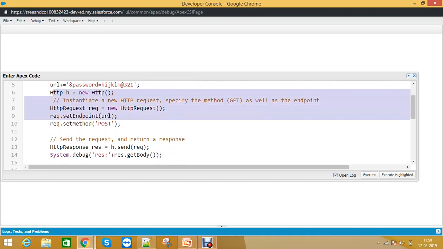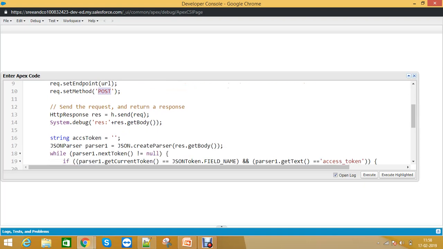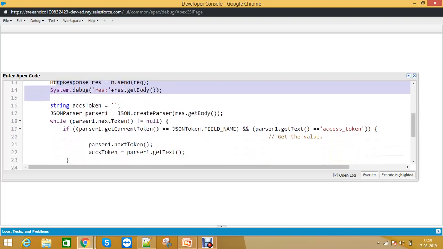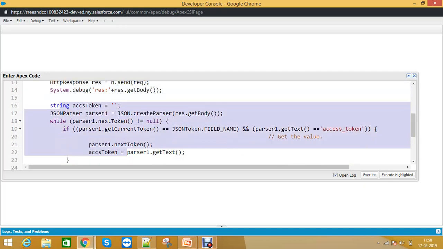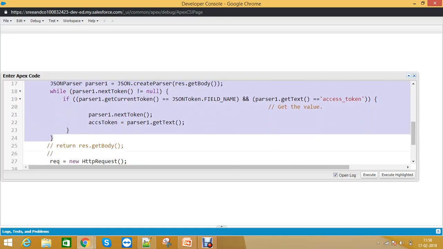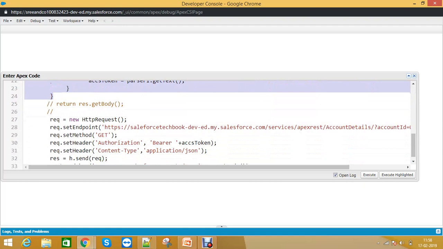Then I send the request by using set endpoint URL and set method POST, and get the body. From that body, I take the access token by using JSON parser,